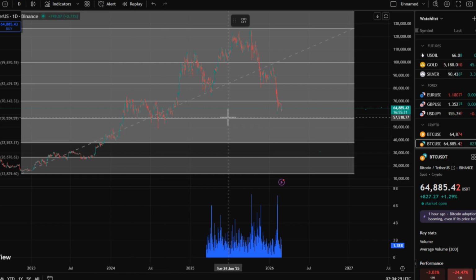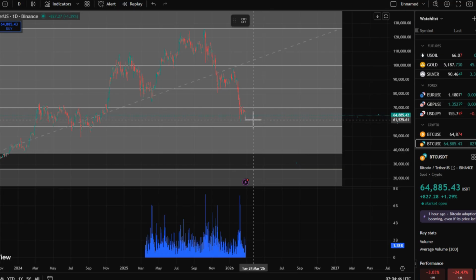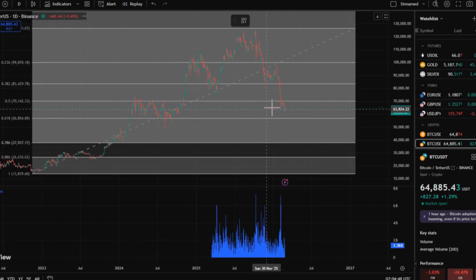Let's take a look at Bitcoin's latest market structure. In this episode, we will first focus on the daily chart of Bitcoin. The core point is that price has consistently failed to reclaim the 0.5 level, and each rebound has been weaker than the previous one. The original uptrend has now shifted into a downtrend-dominated structure. Going forward, a retest of the 0.618 level is highly probable, which is a very reasonable path under the current